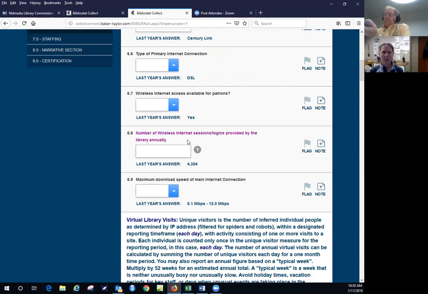At our state data conference in December, I was having a discussion sitting next to the data coordinator from Kentucky. He said that he had a library that was getting the information from their router. And what they found was that their numbers were really huge compared to their number of visits. It was way higher than their visits. What they determined after investigating the issue was that